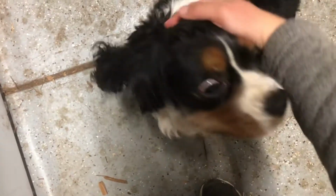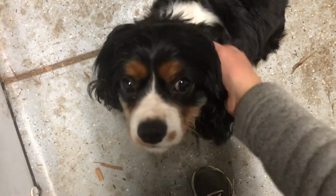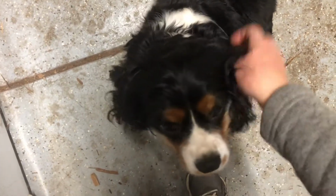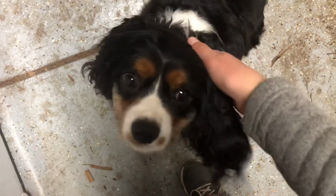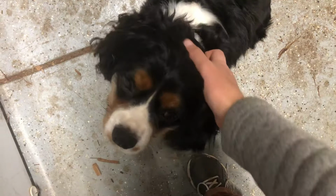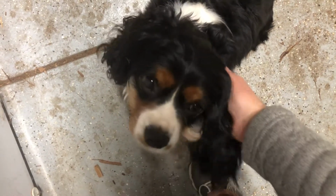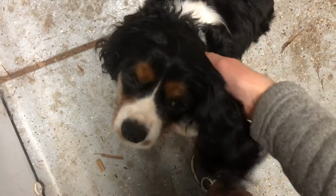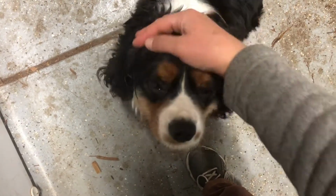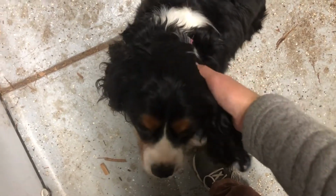And the jumping still happens every once in a while with him, especially he tends to forget himself right when I first get home, and he will give a couple of jumps. But then when I remind him to sit, he will sit, and then I can give him some nice petting while he's sitting. As long as everyone continues that for a bit longer, he is going to remember to sit for petting instead of jumping. It'll take a bit longer than these past 2 weeks